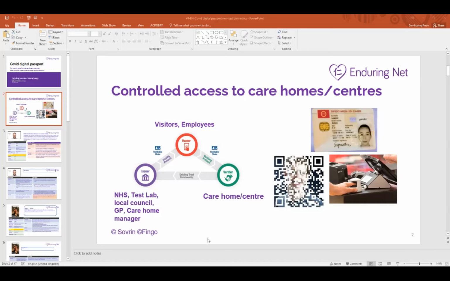The public is against this kind of COVID test result controlling access to the workplace or to football matches. It's nothing to do with the technology.